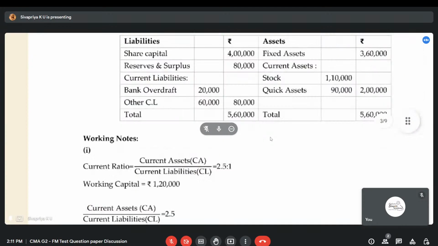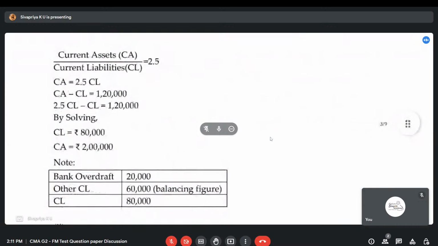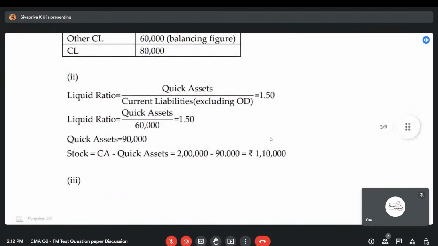So working notes போட்டாதான் அதுக்கு மார்க்ஸ் போட முடியும். So working notes பொறுத்த வரைக்கும் first one is the calculation of current assets and current liabilities. So total current assets is 2 lakhs, current liability is 80,000 நமக்கு கிடைக்கும். அதுல bank overdraft is given as 20,000, current liability is 80,000, balancing figure என்னன்னா other current liabilities னு எடுத்துக்கலாம். Then the next working note, stock,